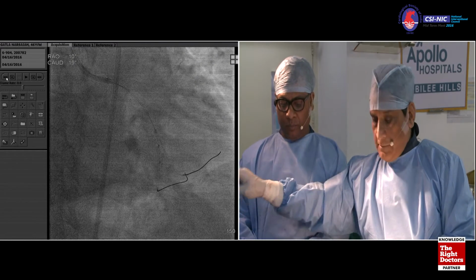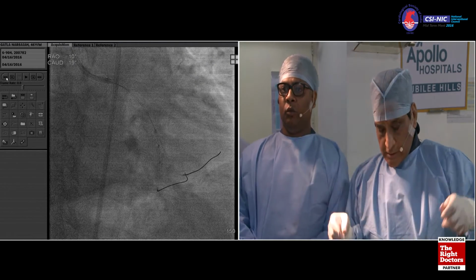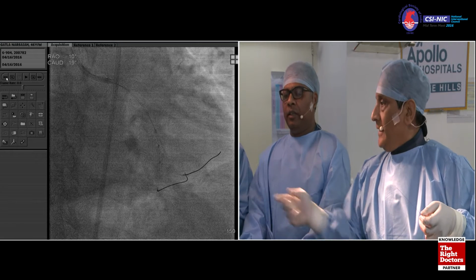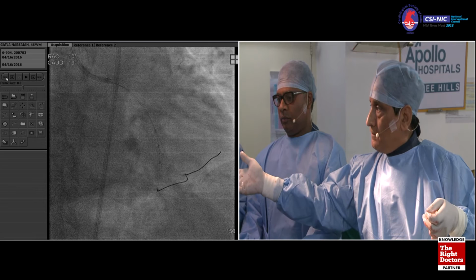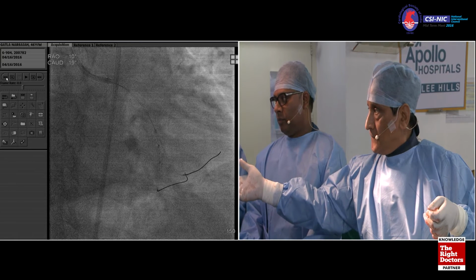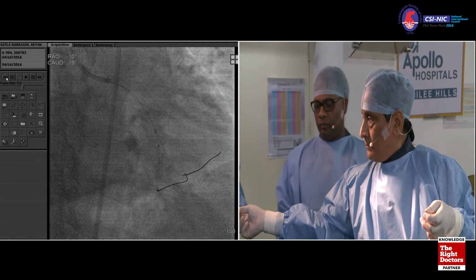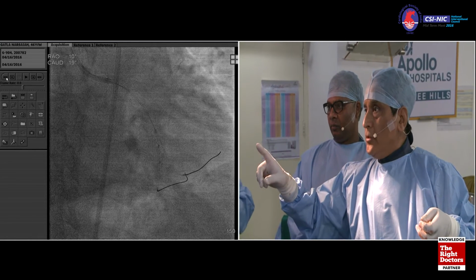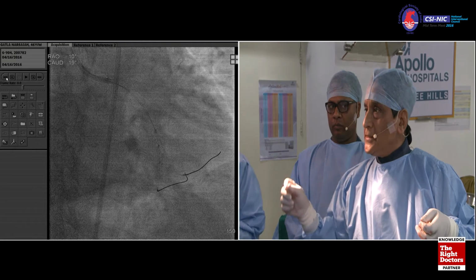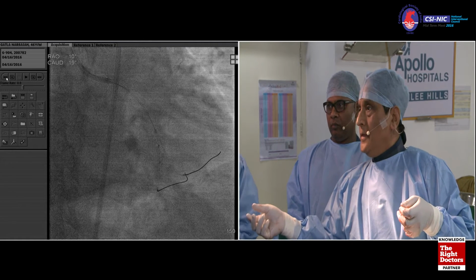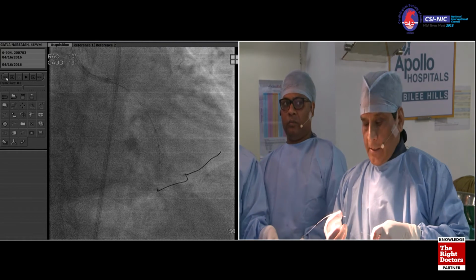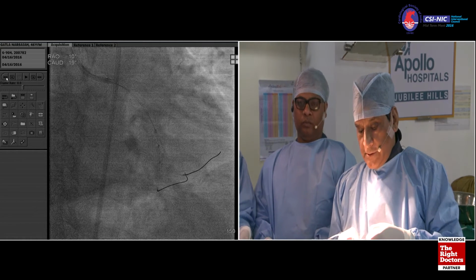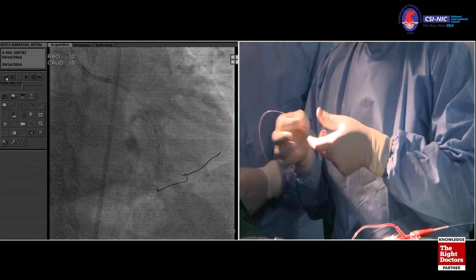Get the second balloon. This is 2.5? It's a 2.5, 8 millimeter. So now you're doing final kissing after this? Final kissing, yeah. But usually if there is slight ST elevation now, if you show the EKG in lead 2, or just a very small one, ask the patient if he has chest pain, because there is still slow flow. He apparently was having chest pain today.